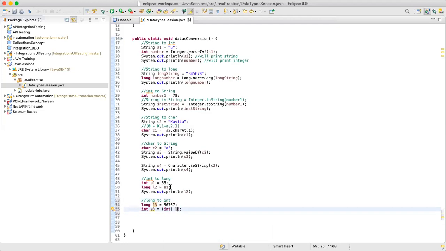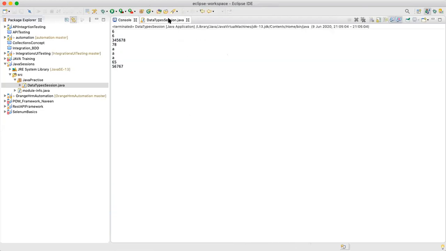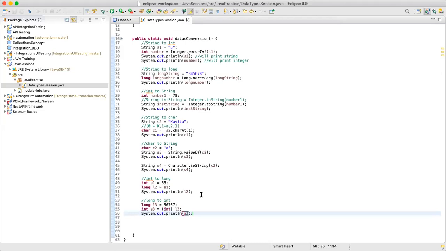You just assign the values from integer to long. But when you want to convert from long to integer, you have to use typecasting, wherein you say L3 typecast into integer and then assign it to my variable integer A3. Then you can print A3 and you will get 5, 6, 7, something like that. So this was integer to long, and then we saw long to integer, where we use typecasting.